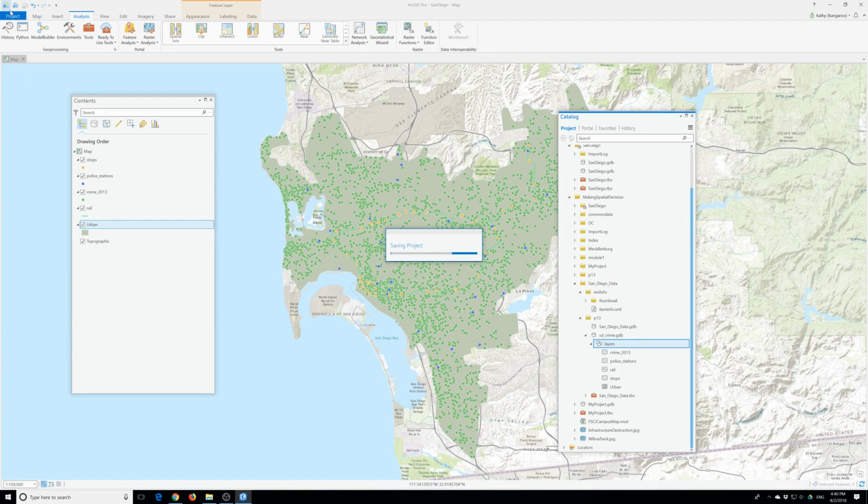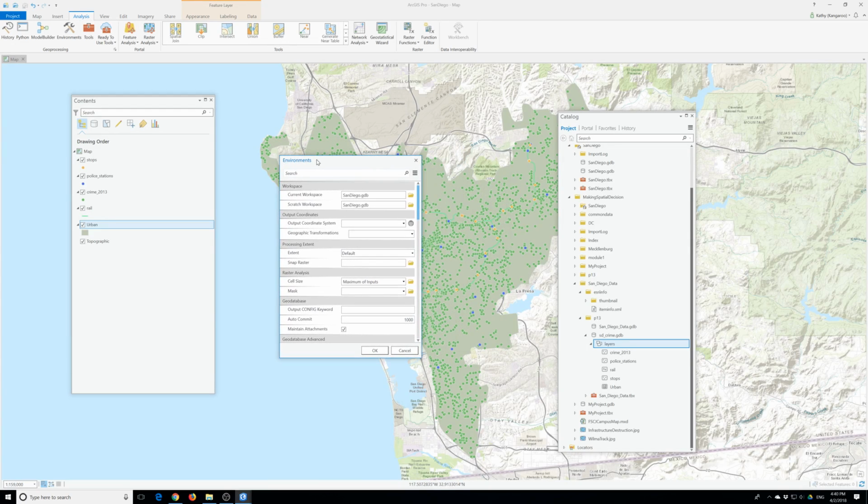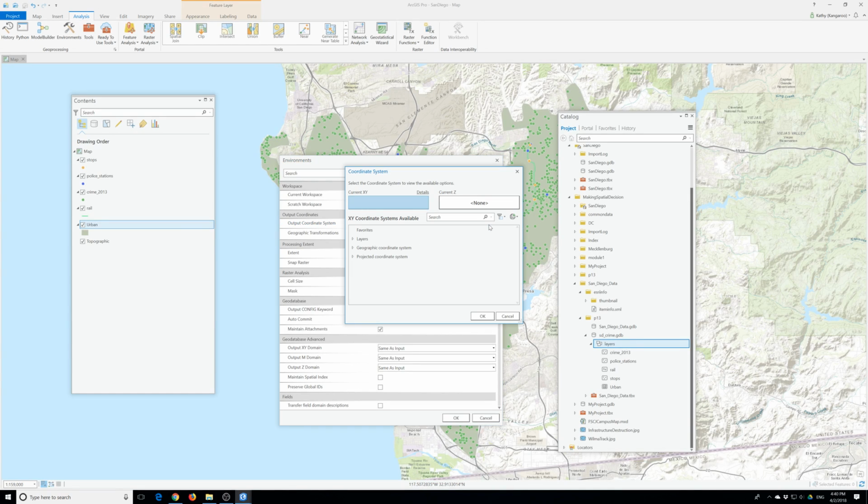Okay, so now we will set the environments. Set the environments: the geodatabase and the San Diego results geodatabase. So I'm going to go to Environments. Environments is here, and the environment settings summary is right here. And then San Diego, that's fine. And output coordinates, it will be the same as